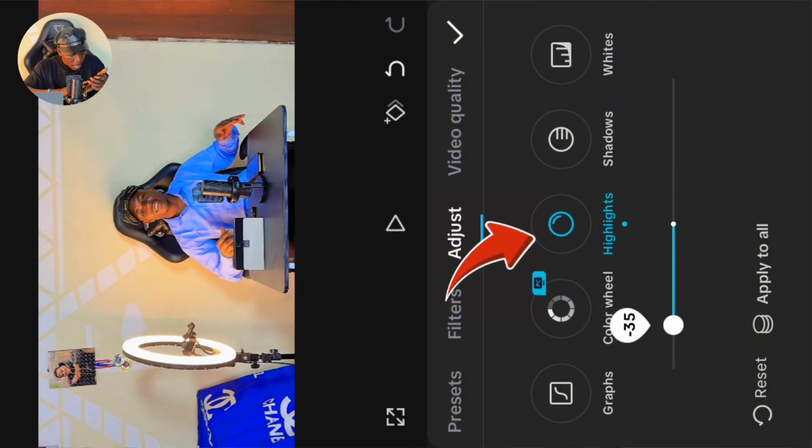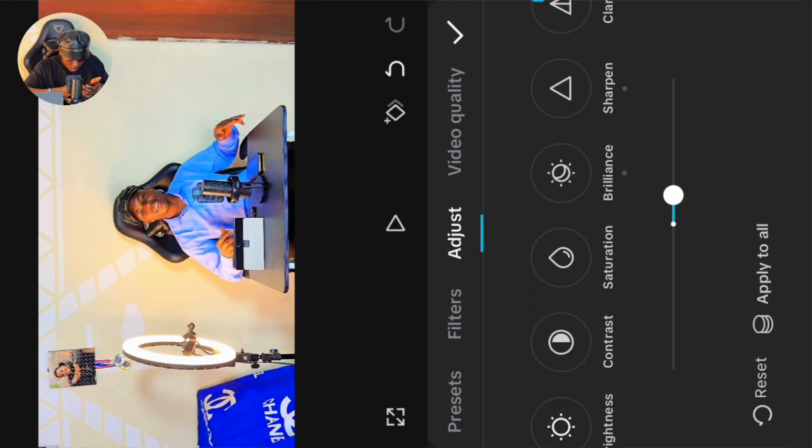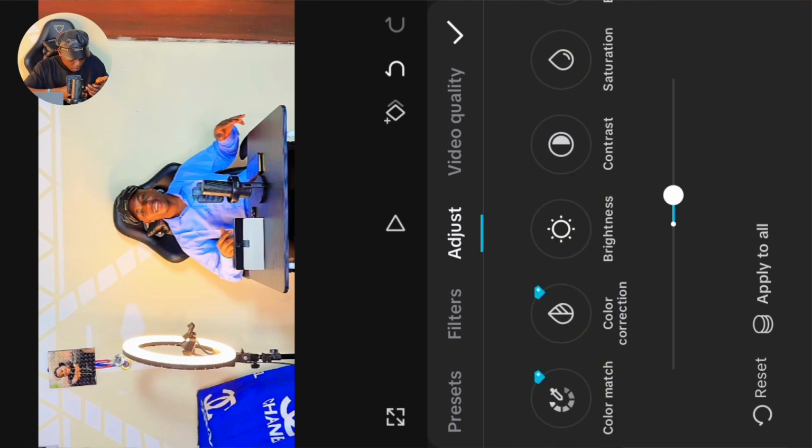So highlight is very nice in color grading. You should always make use of your highlights. And that's all. So after editing like this,